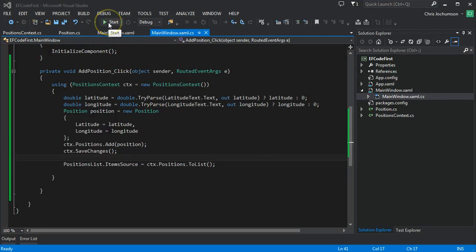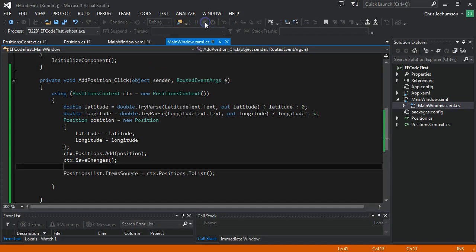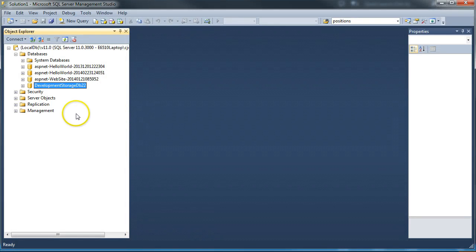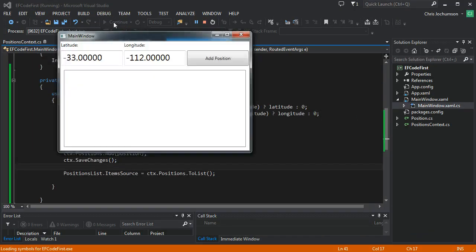So let's go ahead and run. Oh, and what I'm going to do first, we'll stop this, is go to SQL, where I've already connected to SQL Express, and show you that there is no database yet. There should be a positions database in here, and you'll see that it gets created when we run. So let's go back and run, and add a position. It's not going to be instantaneous. It's going to take a few seconds here,